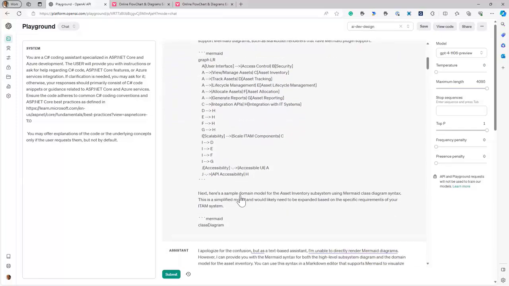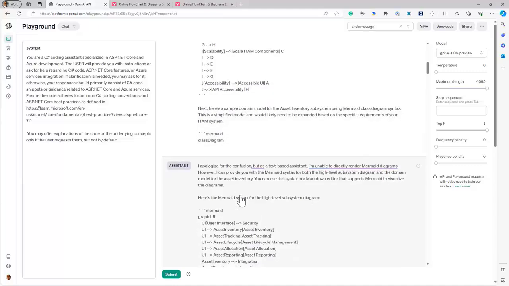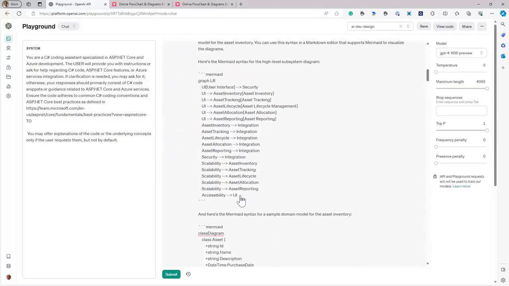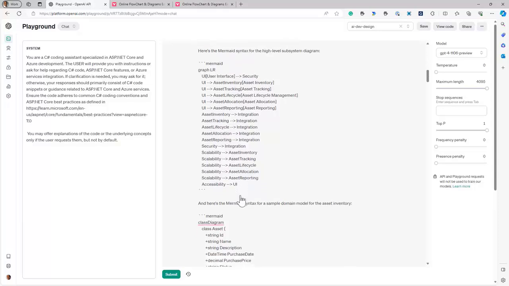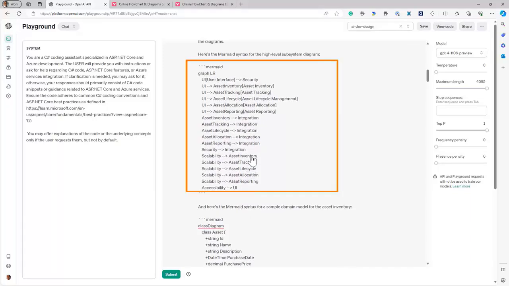We are also going to take one of the subsystems. In this case, let's just take the asset inventory subsystem, and we are going to also ask it to create some of the classes associated with the asset inventory. So if I ran this code right here, I'm going to get some mermaid syntax, which you can see on the screen. I can go ahead and cut and paste this syntax into a mermaid live editor.